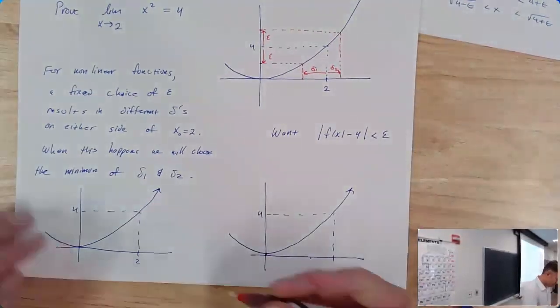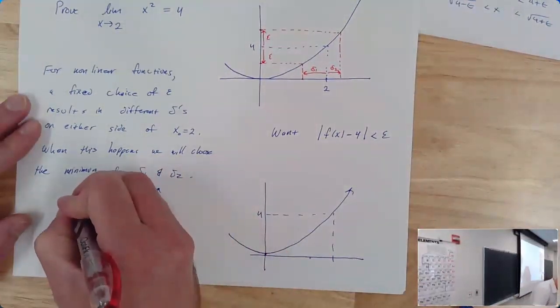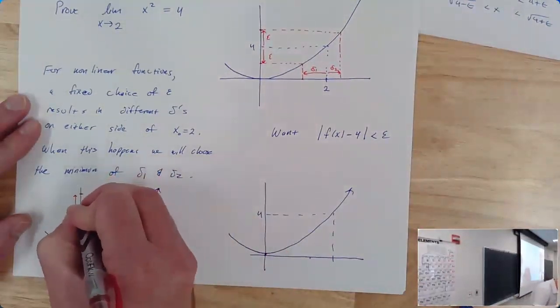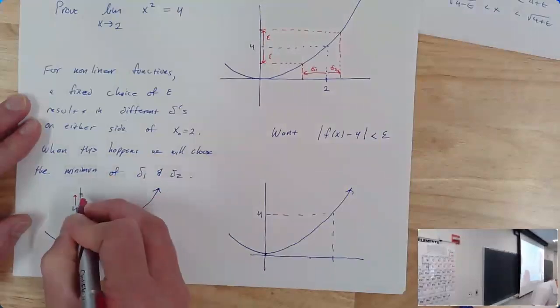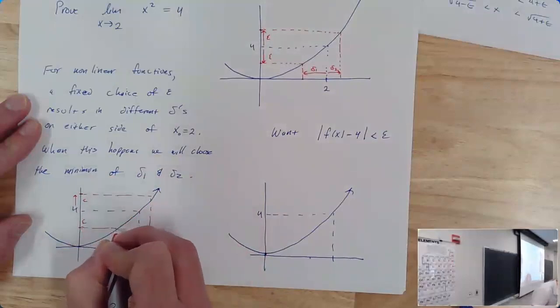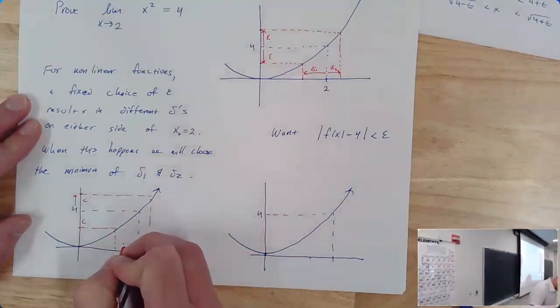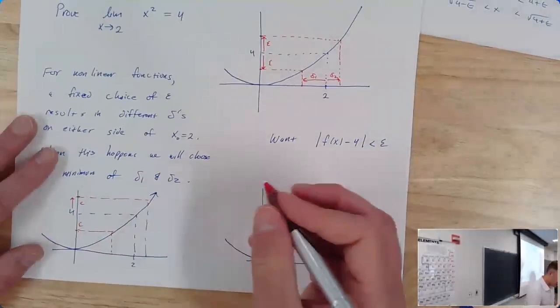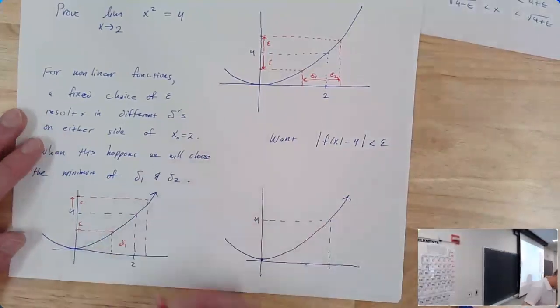So if we pick the bigger value, it's going to be a problem. So here's delta 1. So if instead we pick both of them to be, so if we pick delta 1,